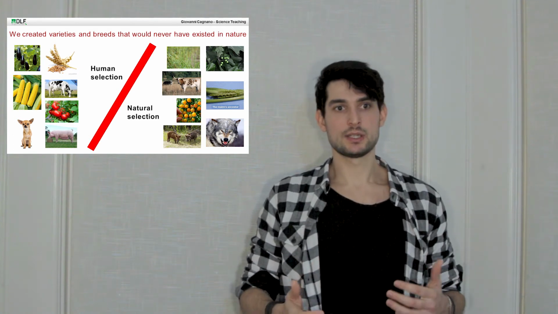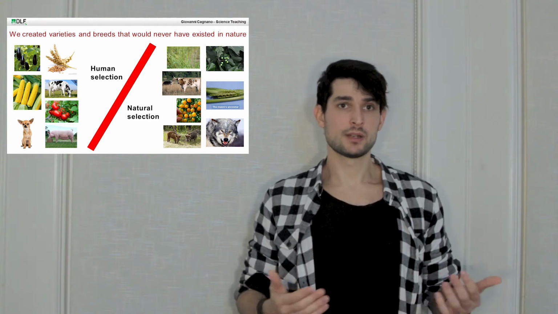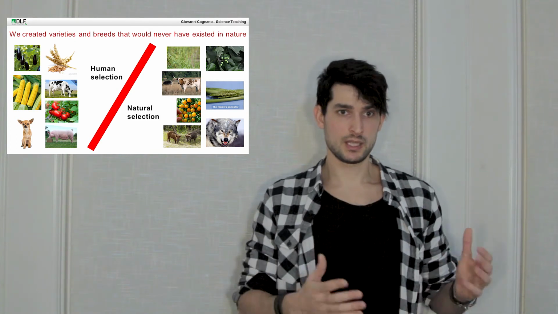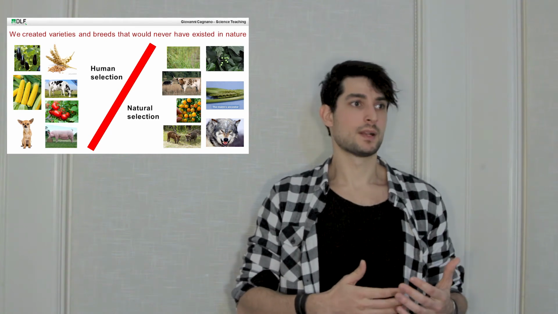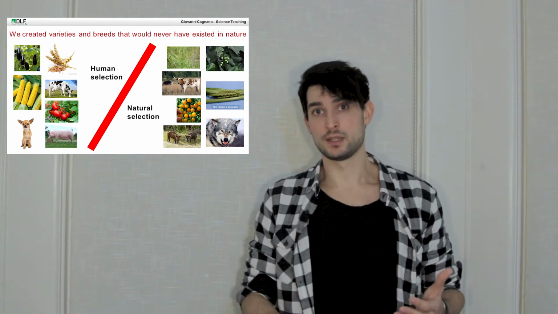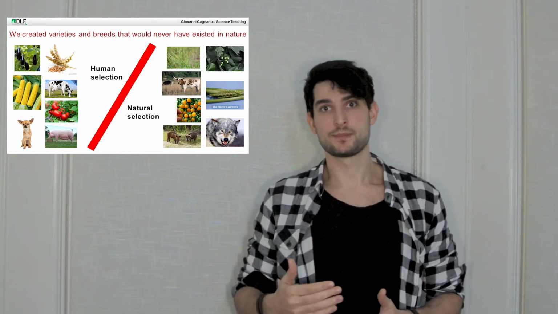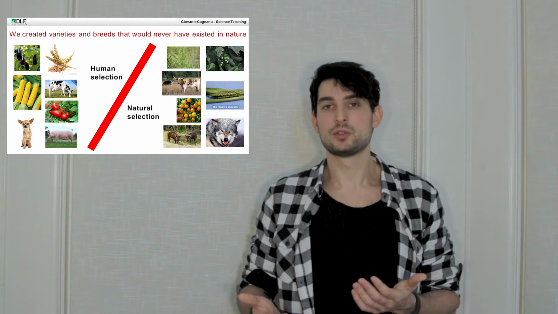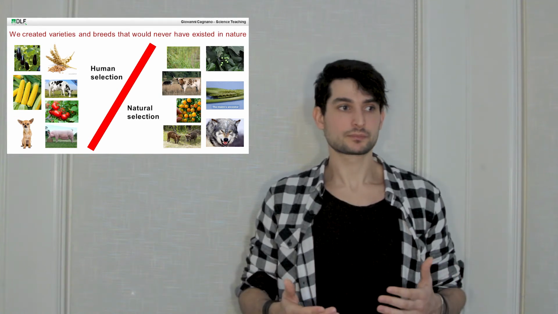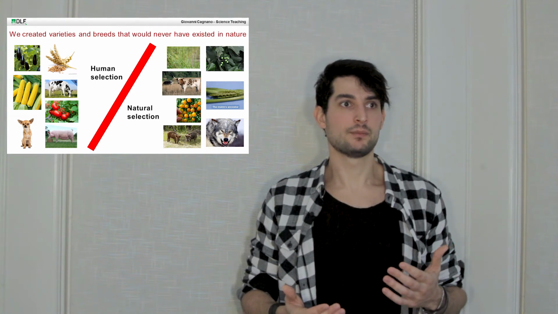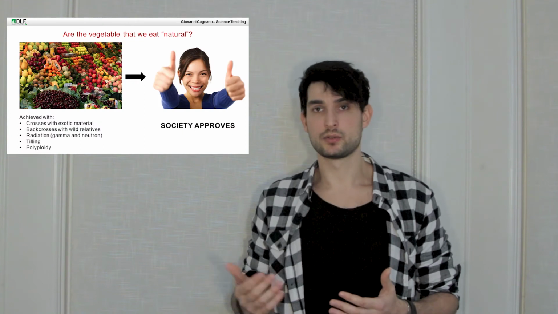And if the selection at the beginning was happening a bit unknowingly, in the last 100-120 years, with the introduction of specific breeding schemes and statistics and marker-assisted selection and, in the very last period, sequencing, we sped up the process and we end up with varieties which are not able to live in a wild environment anymore. Or at least they will have big disadvantages compared to the wild counterpart.